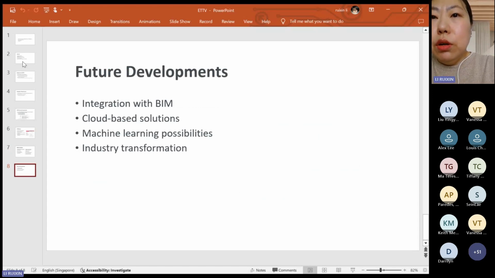When talking about the future development of digital tools, especially for ETTV, we can imagine if the digital solution provider could provide the following breakthroughs, such as using an automated calculation tool to integrate with our BIM model, make it a cloud-based platform, allow for real-time collaboration between architects, engineers, and authorities. And with the development of AI tools, will it be possible to work out a more efficient way based on the machine learning algorithm to optimize the building design for ETTV, not only for compliance, but also for the best